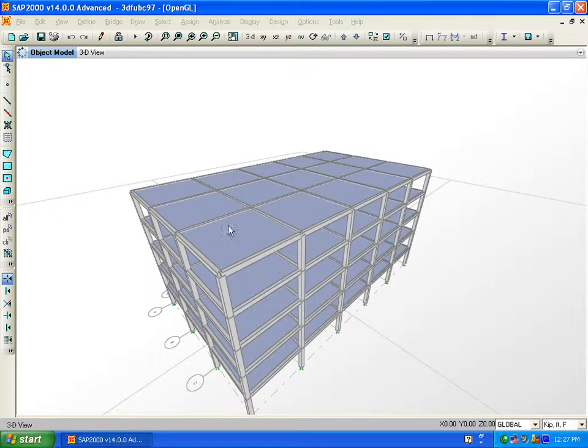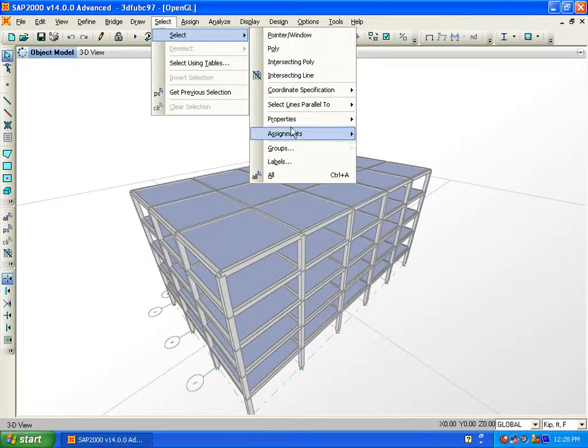Now if we see closely, we can see some portion of the slab is up, and some portion of the beam is visible. A portion of a beam is visible with this, and the slab is not connected with the top of the beam. The slab should connect, the bottom of slab or the center of the slab should be connected to the top of the beam. Okay, so we need to select all the beams,